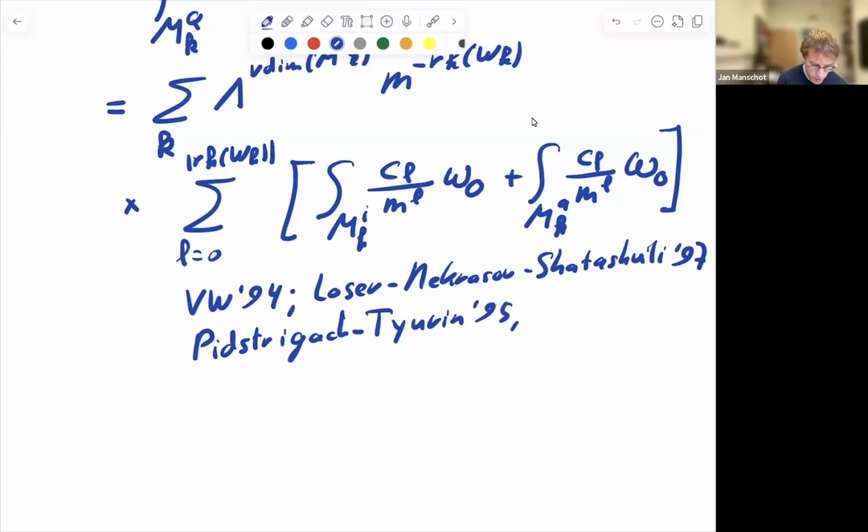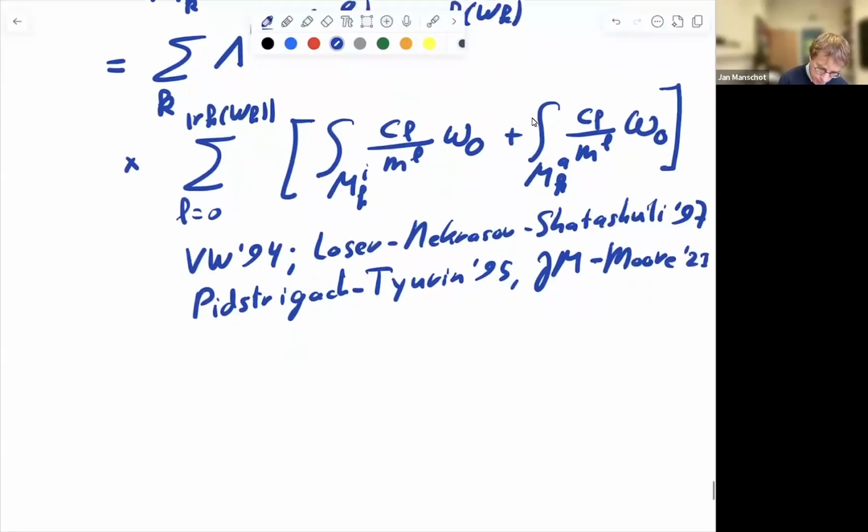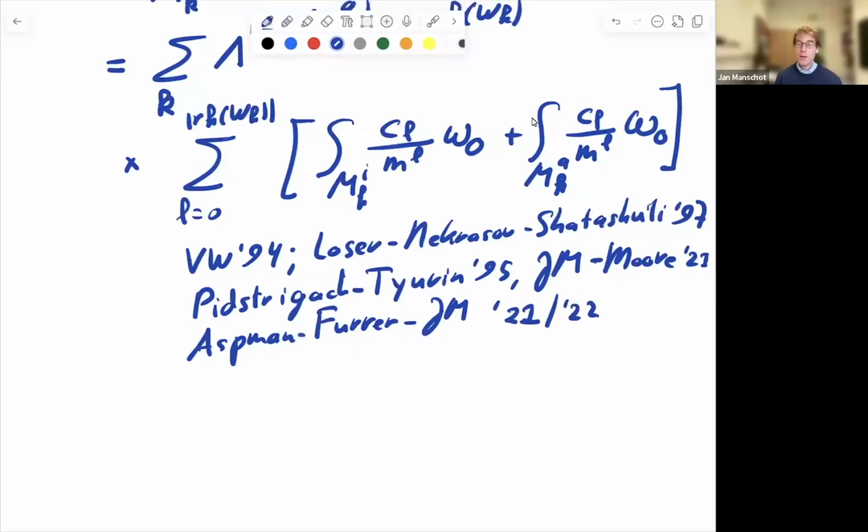And in my more recent paper, we studied this including the background fluxes for N=2* in '21, and then I have papers with Aspman, Furrer, and myself from 2021, 22. Okay, so just some references where you could read up on these types of